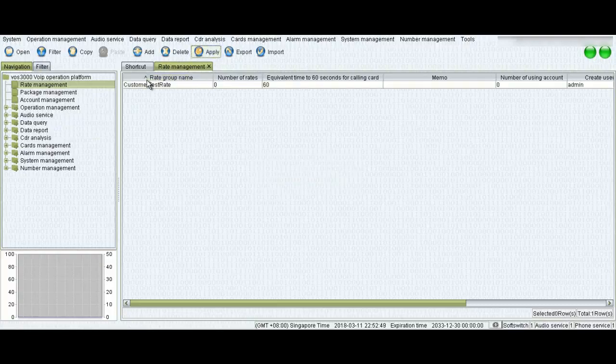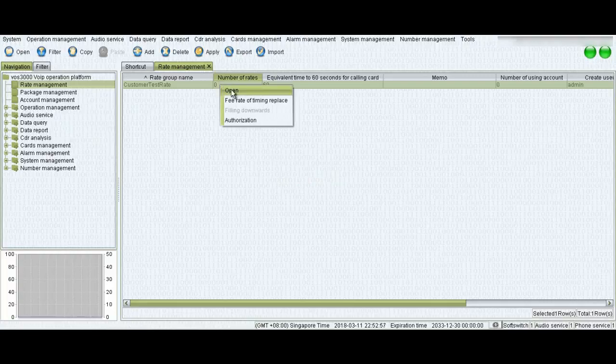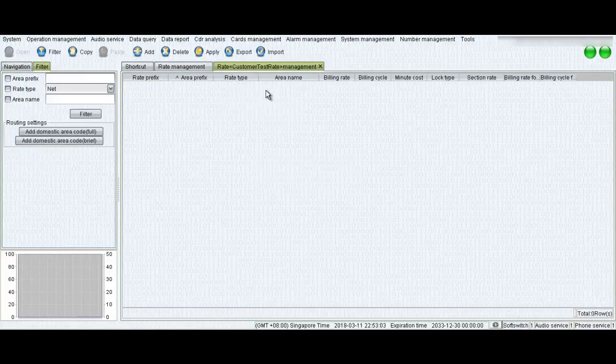Okay, now you see the rate group has been successfully created. Now I will click and select this option, open.